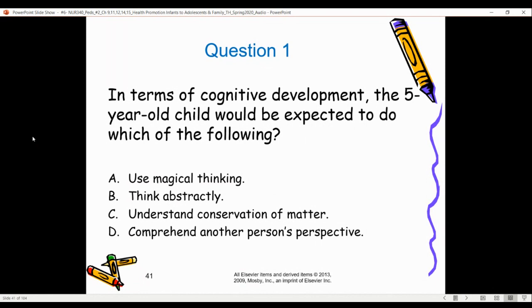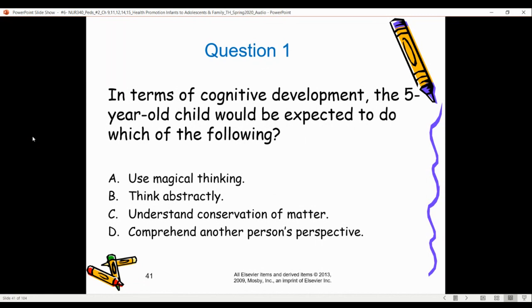Yep, it's that magical thinking. Remember that magical thinking. Abstract thought processes do not come up until the teenage years. It's the adolescents that we see with abstract thought processes. Conservation of matter, if you don't remember what that one is, this is like the concept of